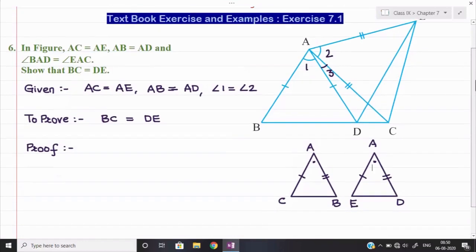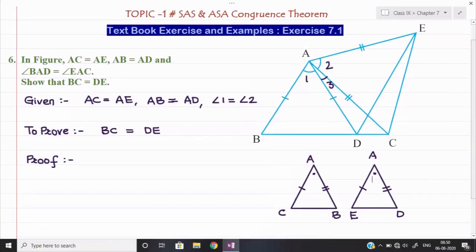Okay, now you need to see in the figure DAE. If I mark properly, this is your angle DAE. Observe, it is starting with the arm AE and going with the arm AD. So we can say that DAE is an addition of angle 2 and angle 3. So these two angles we need to bring equal by our own first, and then we shall take these two